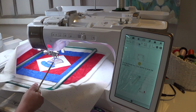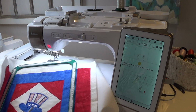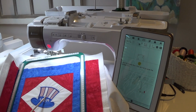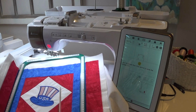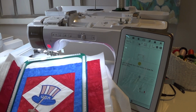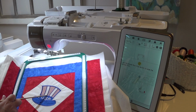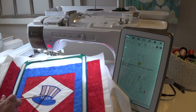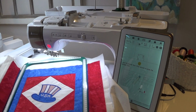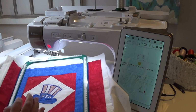You need to find the center of the block in order to get the design to float around the hat. I used to have a little stylus I can't find for the world, but if you look right here in this little corner, right above the S, that's where the middle of the design is on this particular one. So if you don't want to mark it, you can just make sure that your needle starts right over that